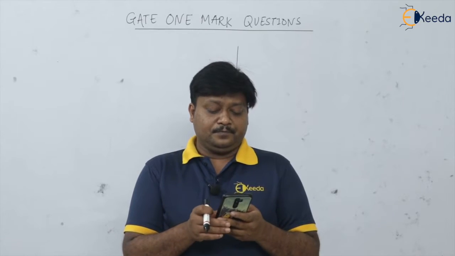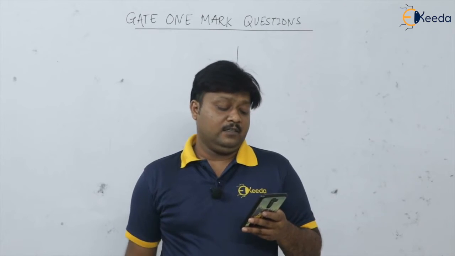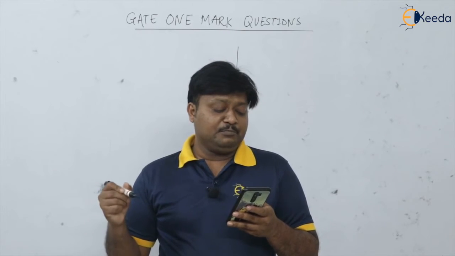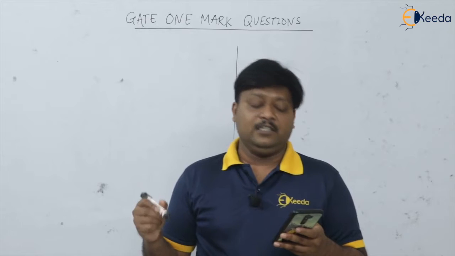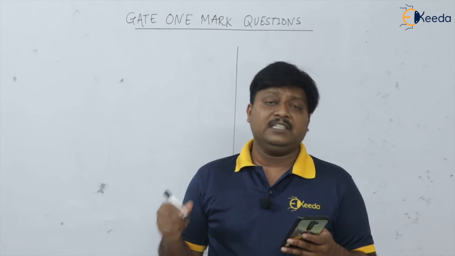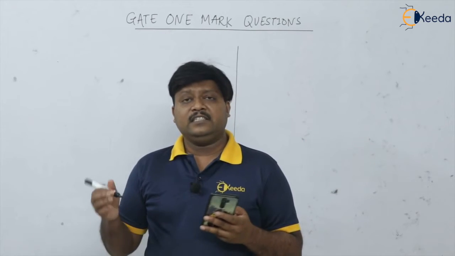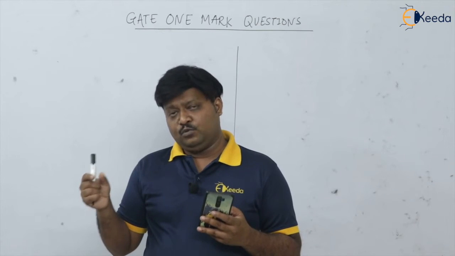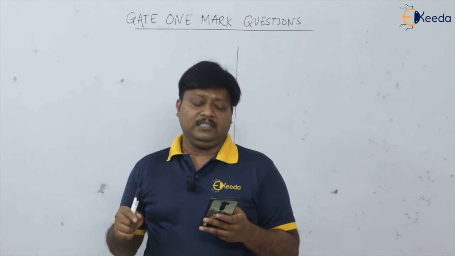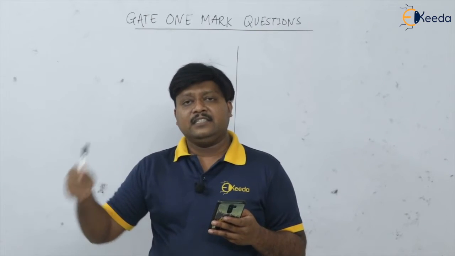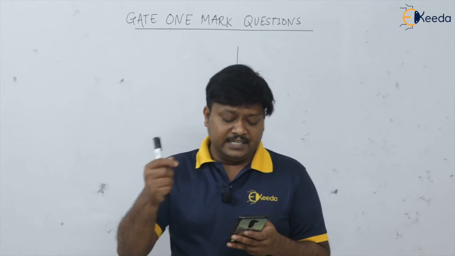Next question. The interpolator in a CNC machine controls. Option A spindle speed, option B coolant flow, option C feed rate, and option D tool change. So interpolation, we know it is controlling the feed rate. Isn't interpolation nothing but what? It is a feed rate. That is, it is nothing but the minimum distance between two points when the tool is traveling through the curved path, isn't it? And it is nothing but the velocity of tool between the 2 points, that is a feed, isn't it? Feed rate.